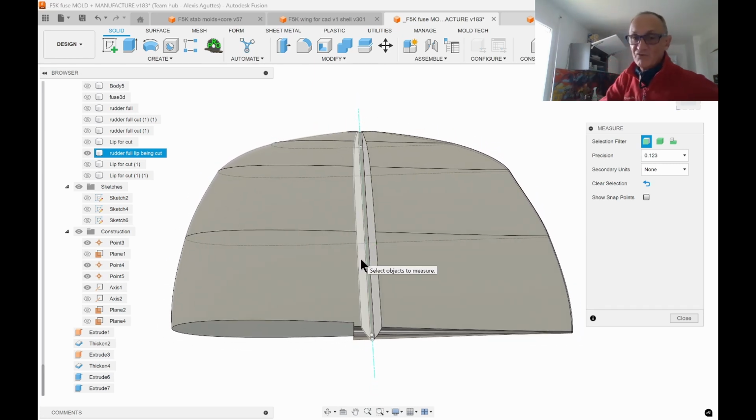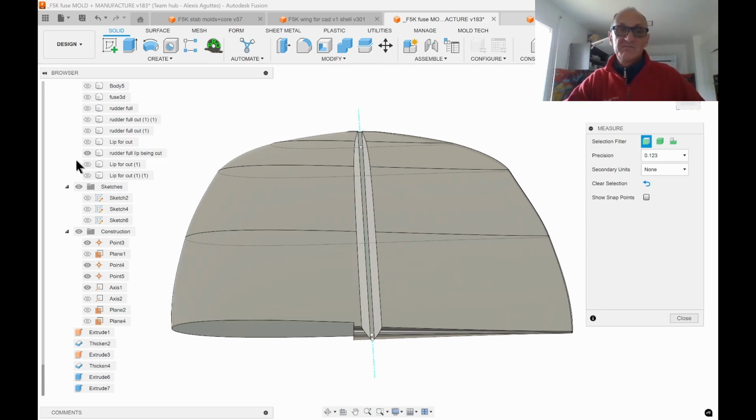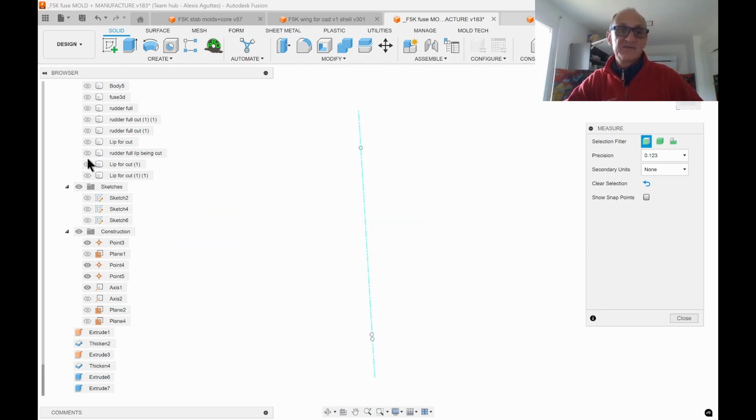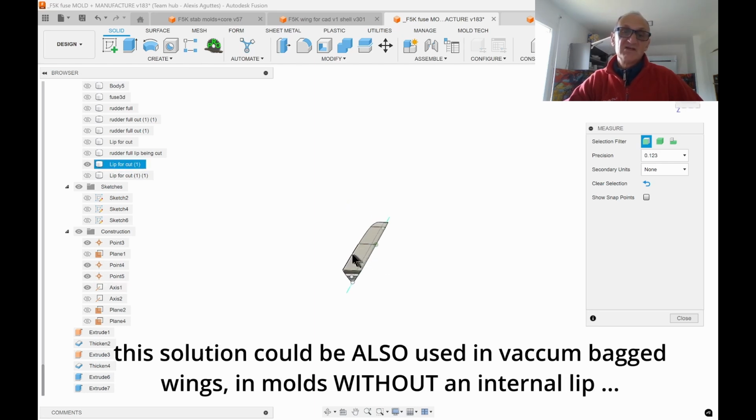I will have no fear of damaging my mold, because if you have an internal lip in the mold like this, it means that if this edge is touching the other face of the mold, you can damage it or make a dent in your mold. You need very high accuracy if you want to be sure that nothing is dented or damaged. So I think this story of a lip in 3D print integrated into the core during the molding process is quite